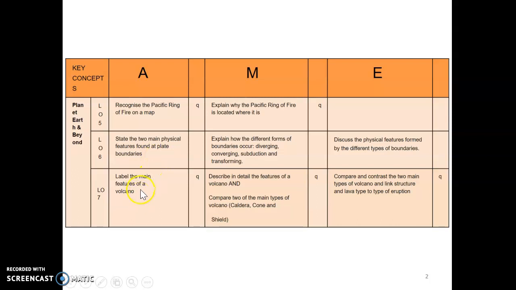And lastly, about volcanoes, label the main features of a volcano, describe in detail the features of a volcano, and compare and contrast the two main types of volcanoes and link structure and lava type to the type